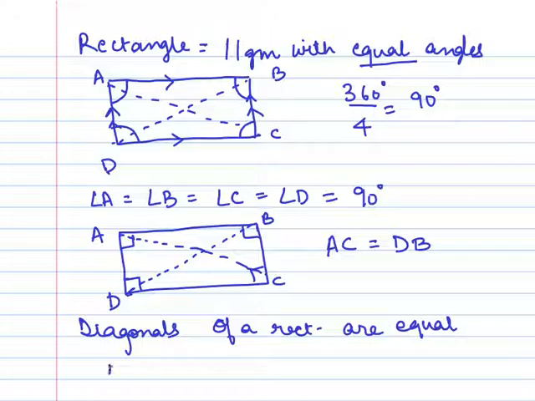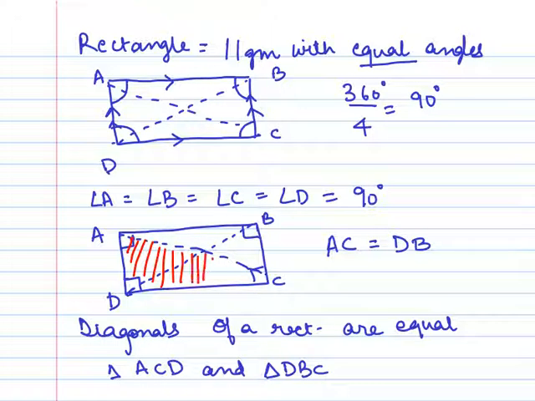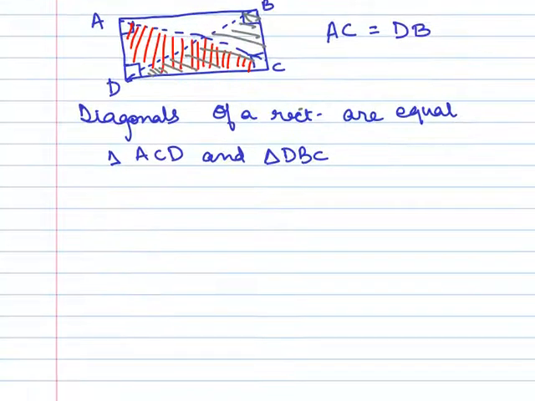So consider triangle ACD and triangle DBC. I will shade the two triangles. You will consider ACD, this is one triangle, and consider this one, this is also a triangle. So in these two triangles